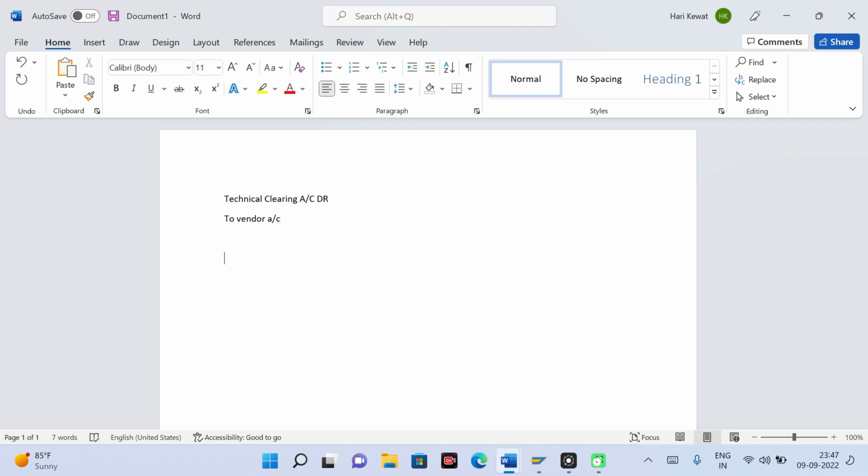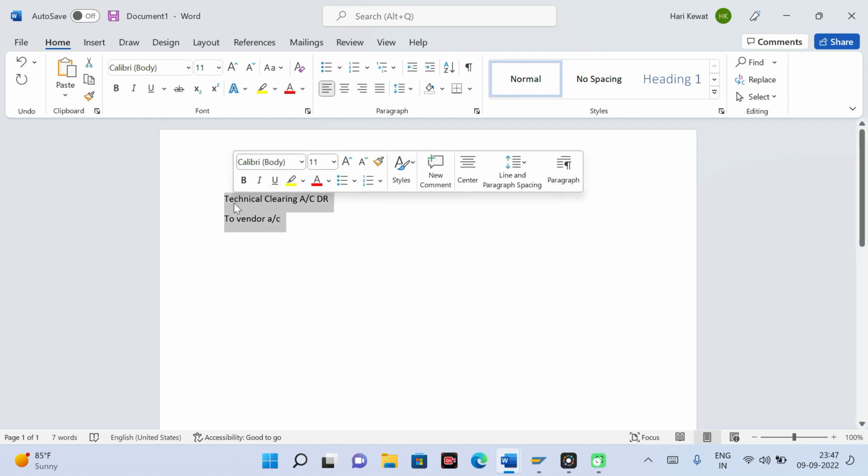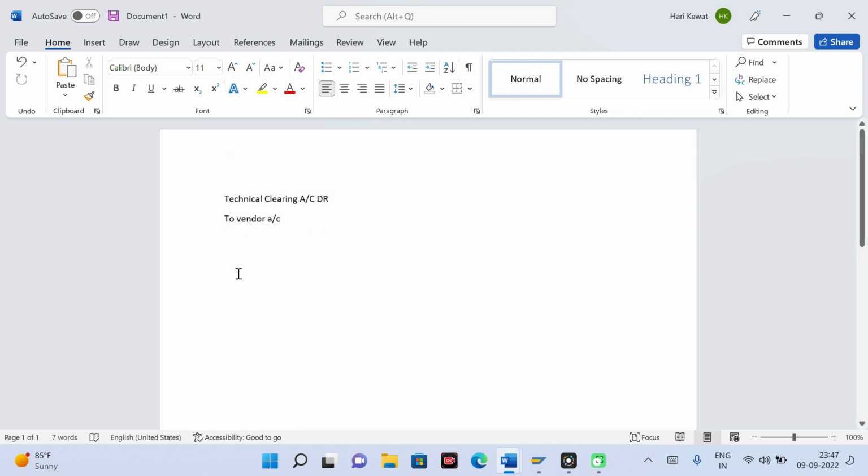Then it will post a ledger specific also. So it will post the same GL, it will post ledger specific like this. Then it will also post asset account debit to your technical clearing GL account credit.